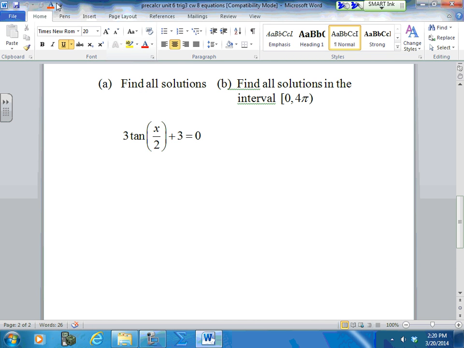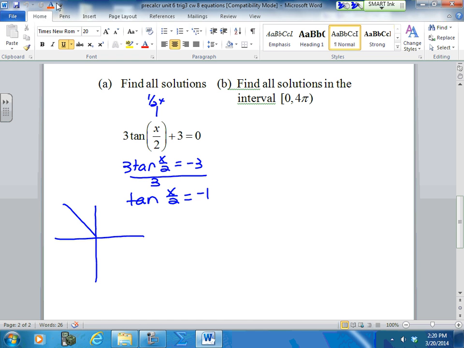Okay, to do the second example, when you have a half angle, this is your half. Again, we're going to treat it as one angle, and we're going to solve. We're going to divide by 3. Now, your tangent for -1 exists in quadrants 2 and 4. This is a 45-degree angle. So this one here would be 3 pi over 4, and this one down here would be 7 pi over